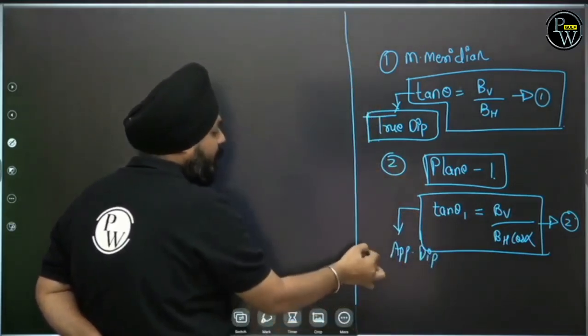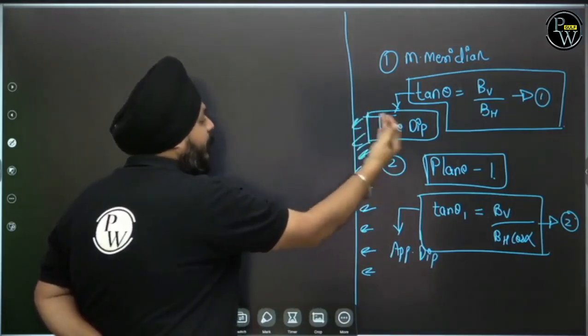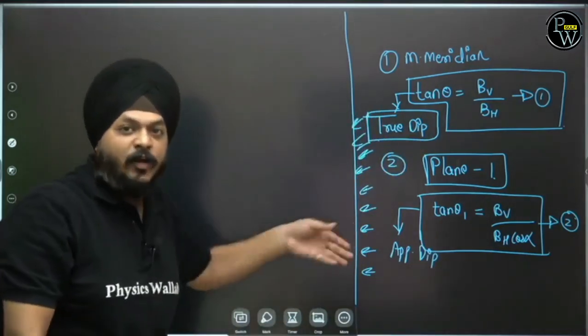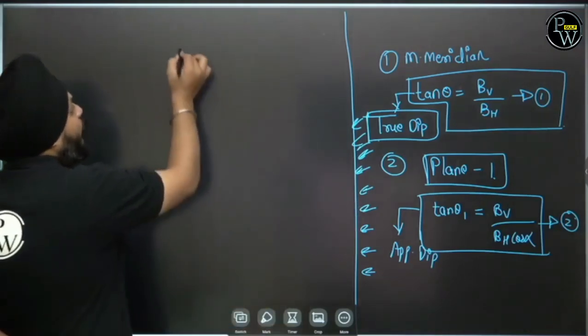Similarly, see why I used to make all of these arrows? Because we are moving on to this side. This is a kind of notification. Okay, for plane number 2,